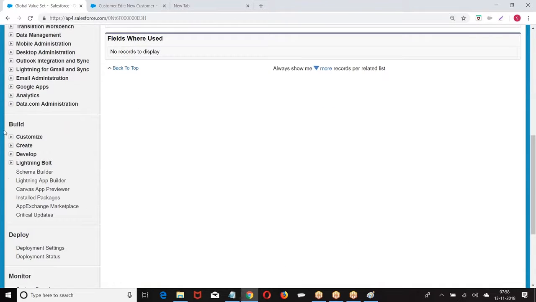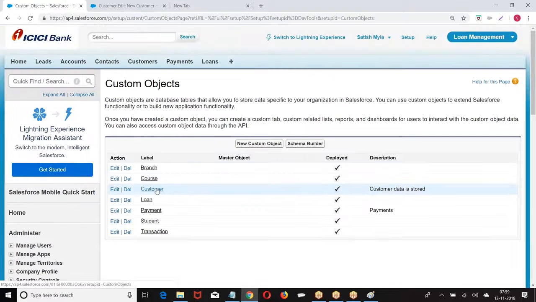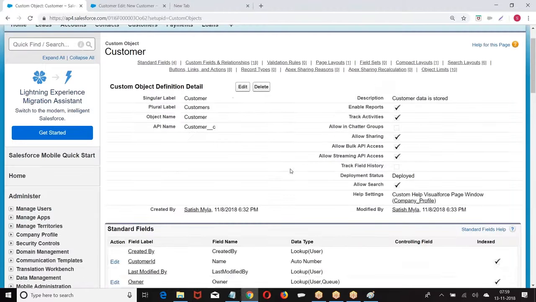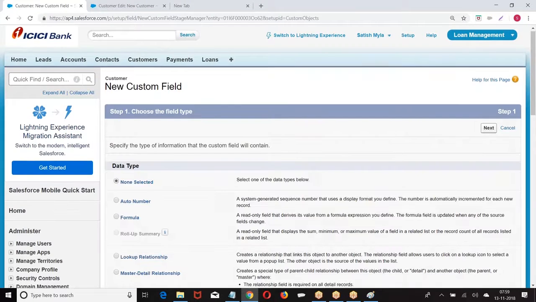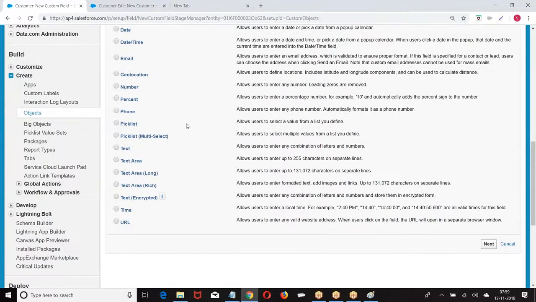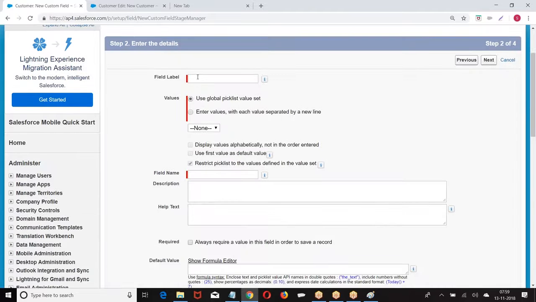Now go back to the object, build, create, object, customer object. What we have done? Custom fields and relations. Then what we have here was, select the pick list. Till now, I selected the enter values.